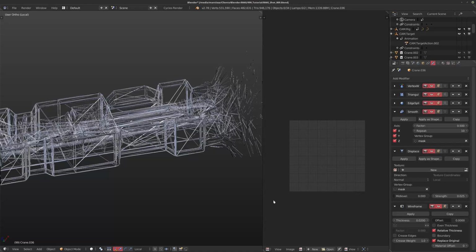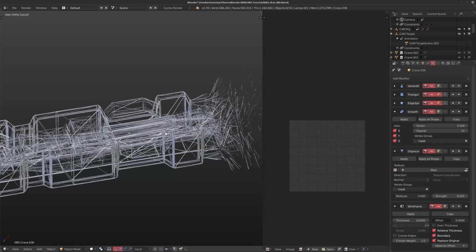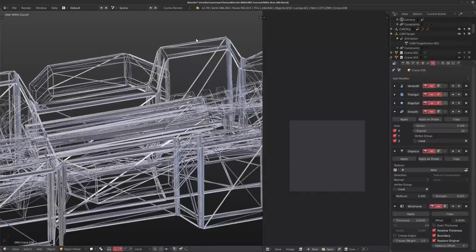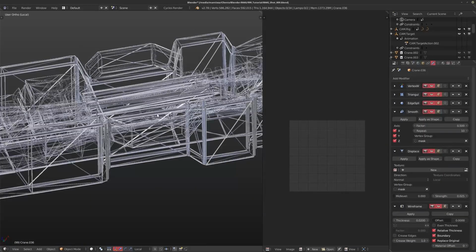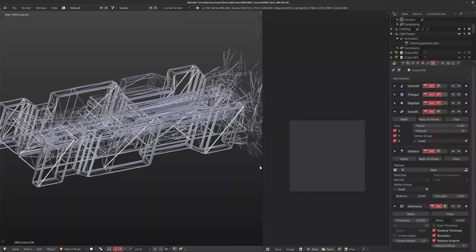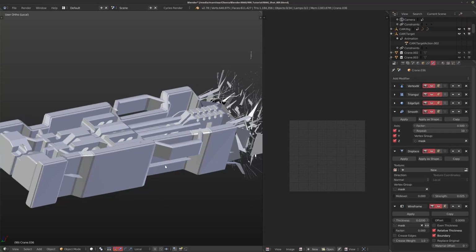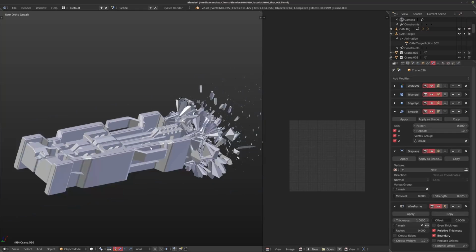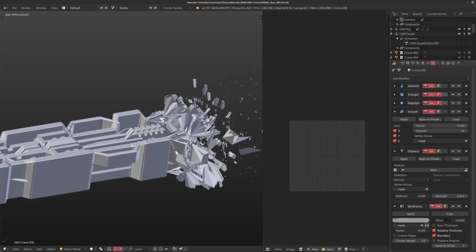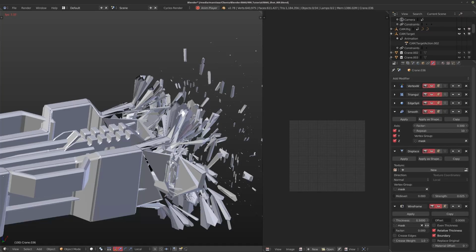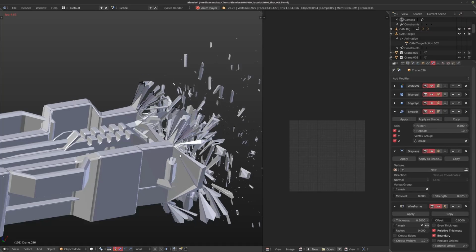And turn on boundaries, so we get a nice full polygon, or a full cube or sphere, if you want to call it that, around the edges. I'll turn off Replace Original. And again, I'm going to use this mask as well. So what you can see now, if I set this size up a little bit, I'm just going to go a little bit extreme. That's maybe too extreme. But what you can see is that the wireframe sort of disappears as well as the mask is being formed.